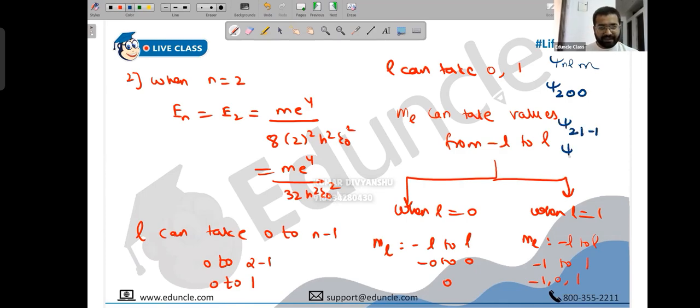When L is 1, ML can be minus 1, ML can be 0, ML can be 1. Degeneracy is not 3, people. Degeneracy is how much? 4. Copy please. Degeneracy is 4. When n is 2 and L is 0,